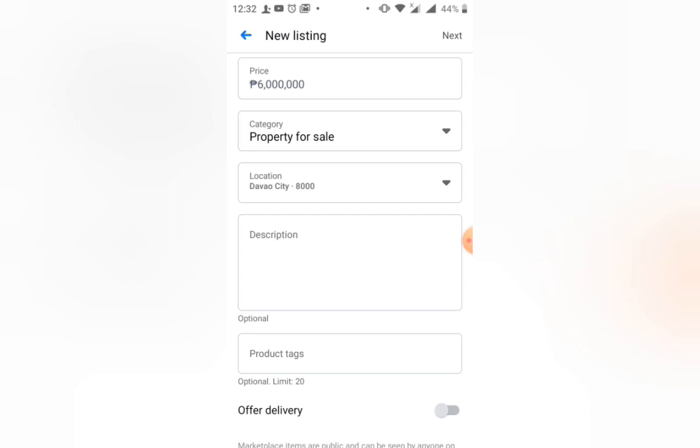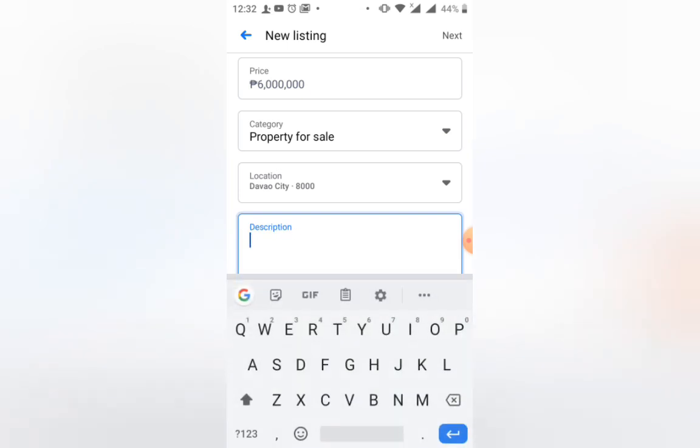so there you go. Then the location, since Davao City yon ang product natin, then you put Davao City. Then the description guys, I encourage you to put a detailed description of your product to sell faster on this place. Okay,